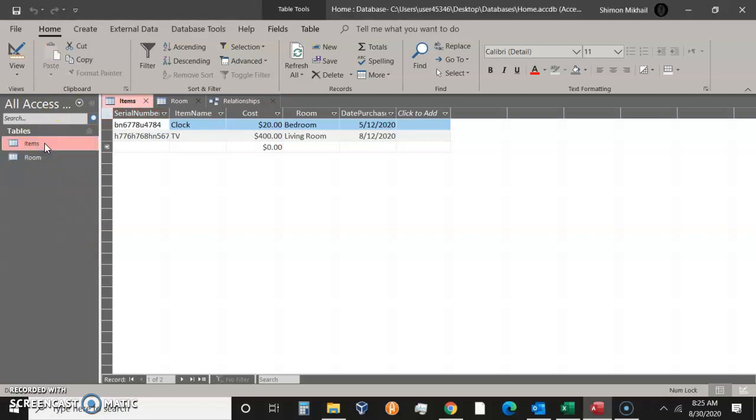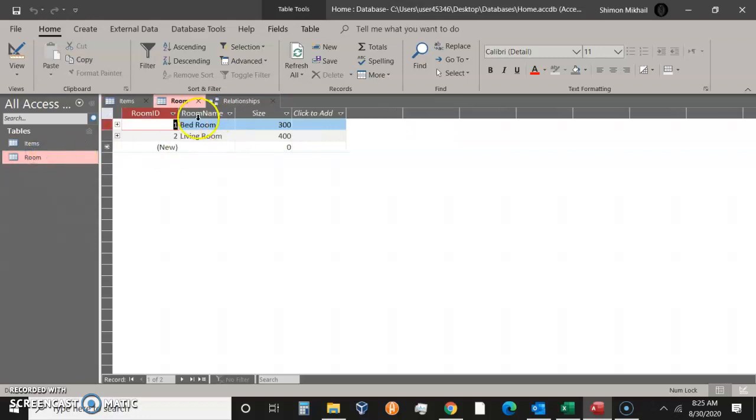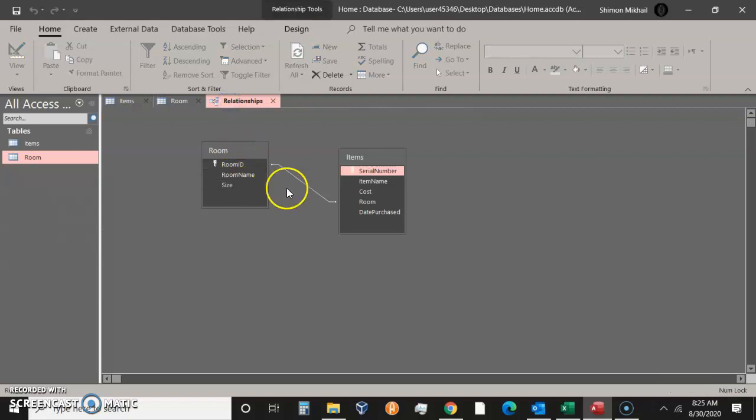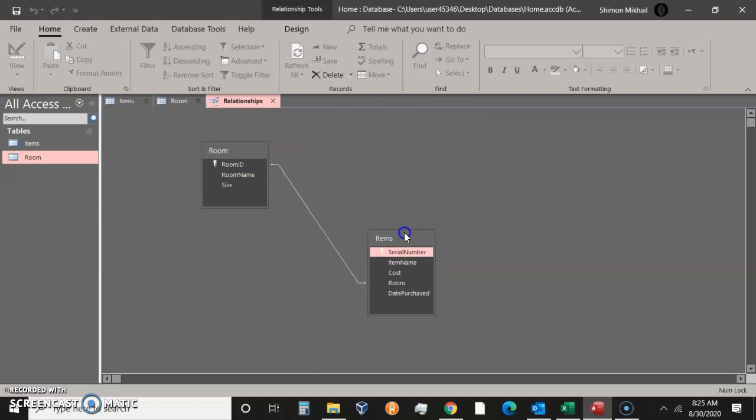So we now have two tables with data. Just to quickly recap, there is an items table, and if we click over here, we see there's a rooms table, and we have established a one-to-many relationship between the rooms table and the items table. So the primary key, you can see the key there, was associated with the room column in the items table,